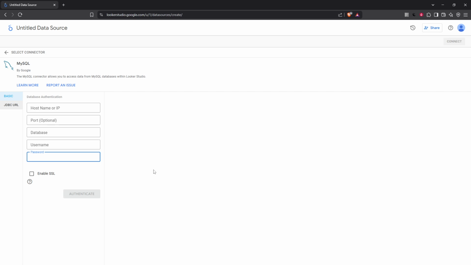After authentication, you'll be prompted to choose the specific table from your MySQL database that you wish to use within Data Studio. Make your selection based on what data you wish to visualize or analyze. Finally, all that's left is to click Connect. Doing this will establish the link between Data Studio and your MySQL data, officially readying your data for use in reports. Congratulations, you've now successfully connected Google Data Studio to MySQL, paving the way for rich dynamic data visualizations in your